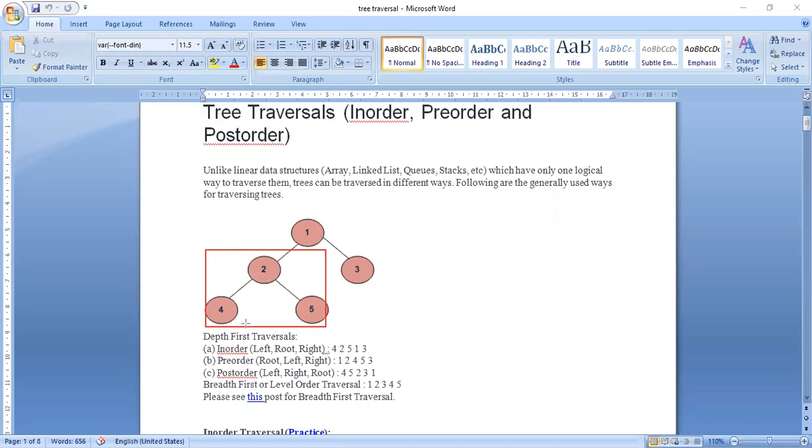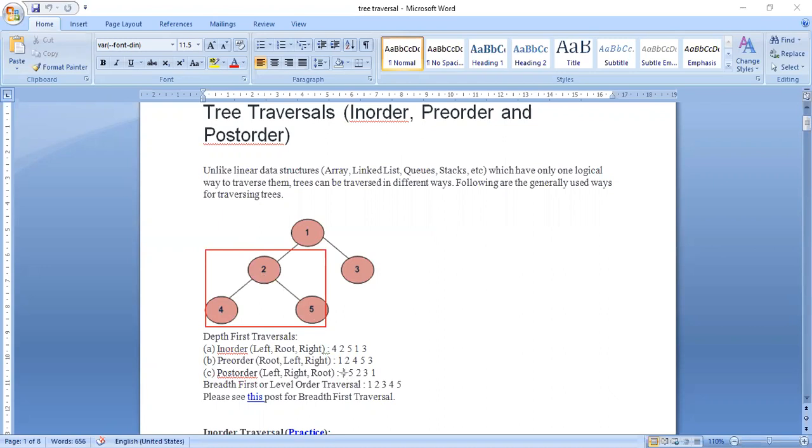In which way can I print 4? First is the left child, next is the right child, next is the root. So in post order traversal it is left, right, root. Left is 4, right is 5, and 2 is the root.